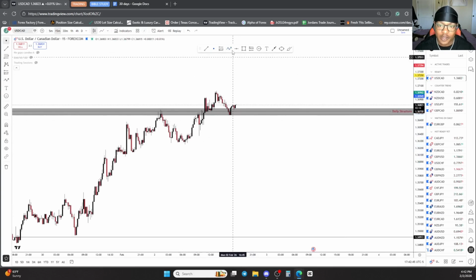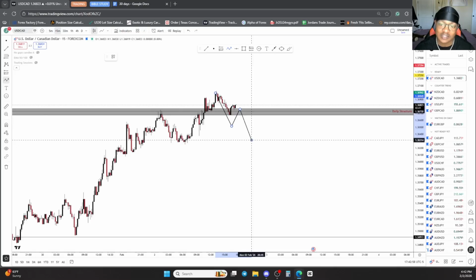So now what I will be waiting on is this 15-minute time frame to go from bullish to now back bearish, which we're doing right now, but I want to be in time session, so I'm going to wait until later tonight. Once price can get back bearish, most importantly back underneath my daily structure and back underneath this 4-hour structure, I will look for a retest and then the next continuation.